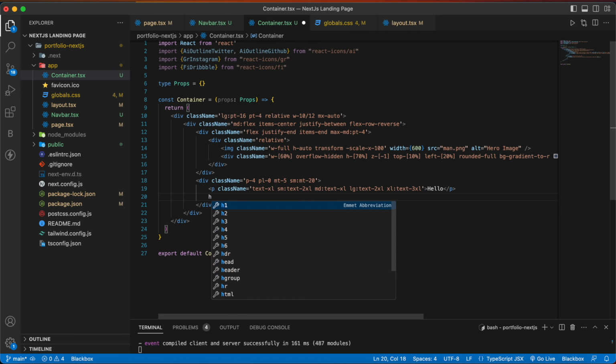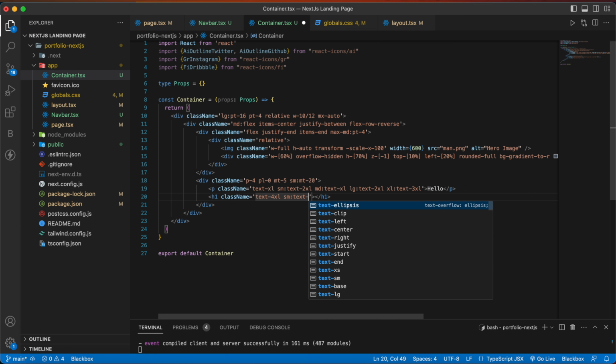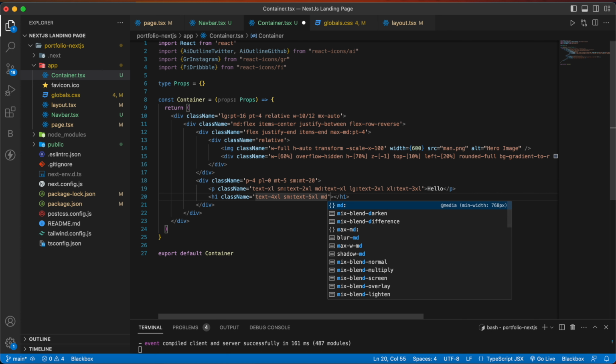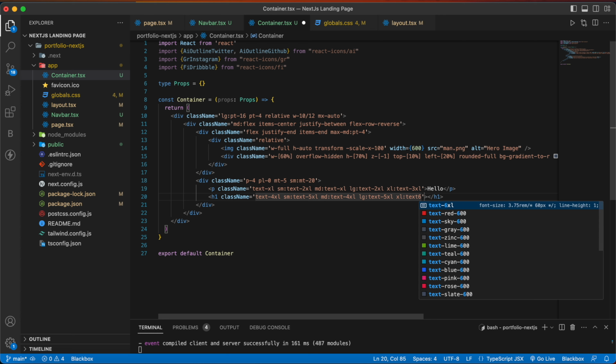After that, we are going to have an h1 tag with the class name text 4xl, sm text 5xl, md text 4xl, lg text 5xl, and xl text 6xl.